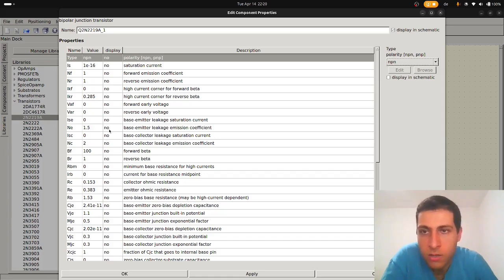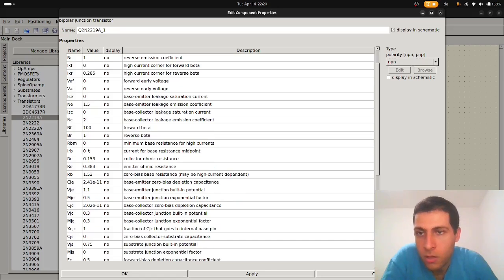This is the NE that is used in the IS formula, and it is the coefficient of the mobility of the electron emission of the PN junction at the base emitter. And the BF or the beta F is the forward beta, which is IC equals beta IB,